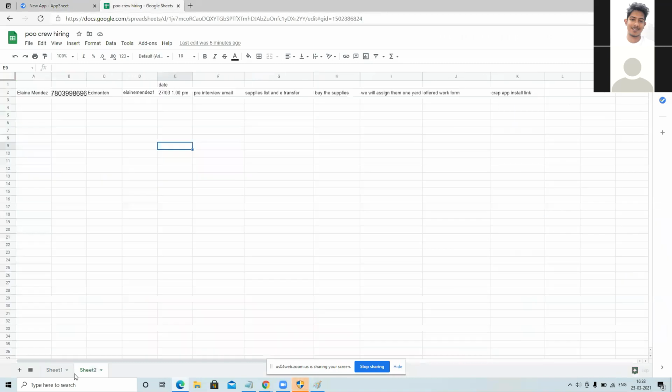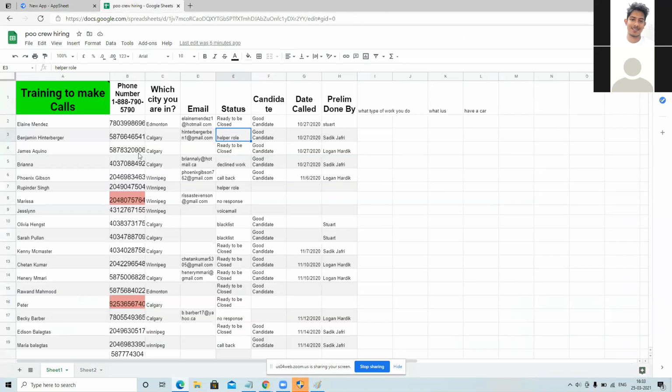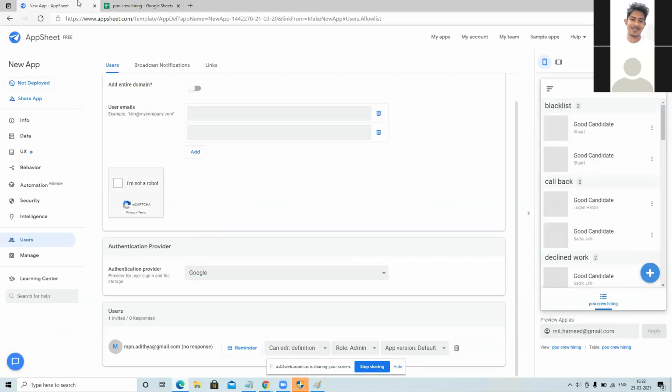If they are not ready to be closed, or any other status, they should be in a separate place, not in the same place. If I open this hiring page, there should be only people who we didn't call yet. You understand? Okay. The new entries coming from the Wufoo form, which we didn't call yet for a preliminary interview, that data must only be here. This is the basic requirement of the app.